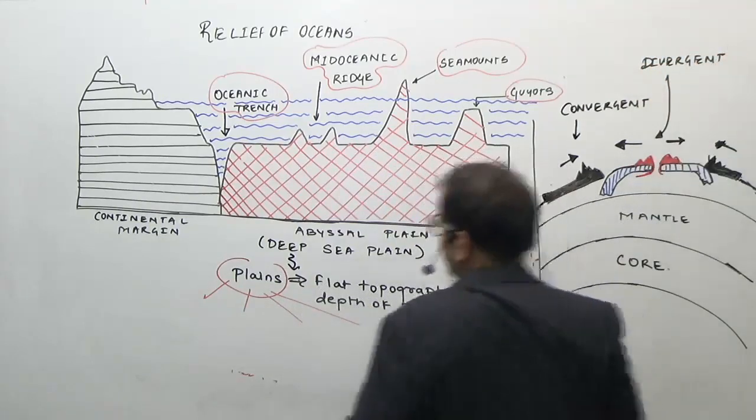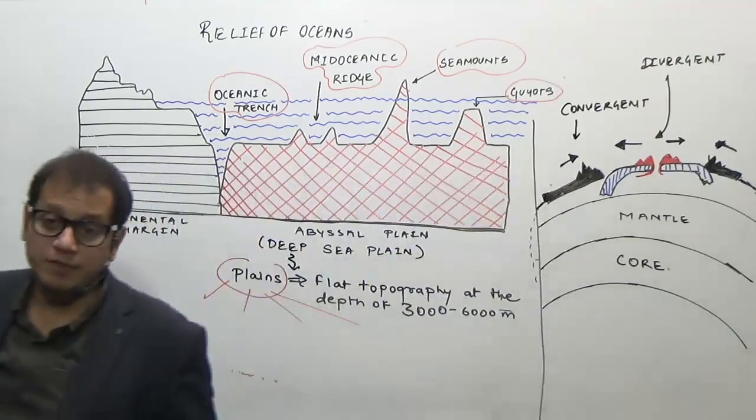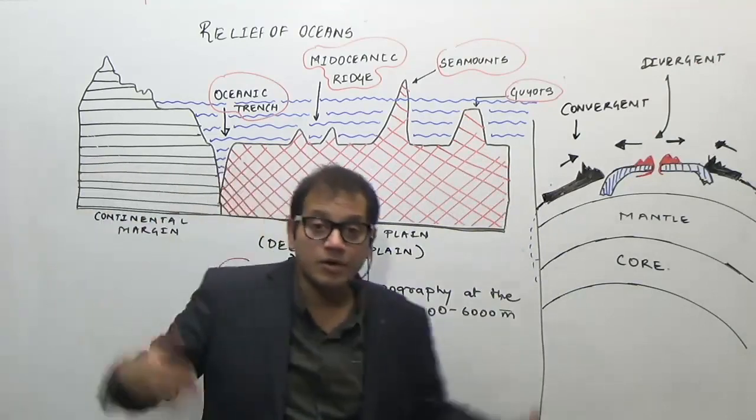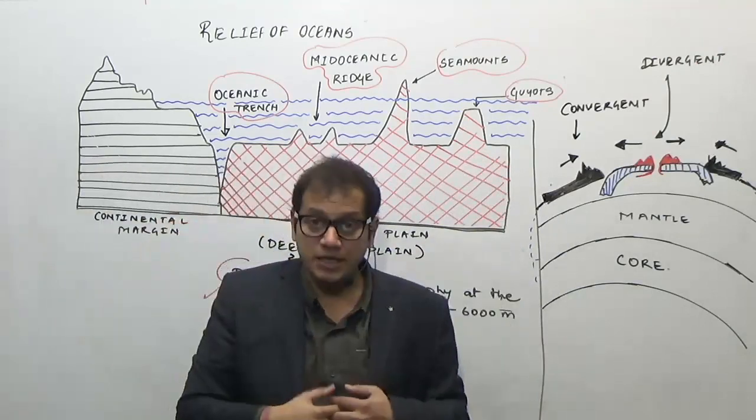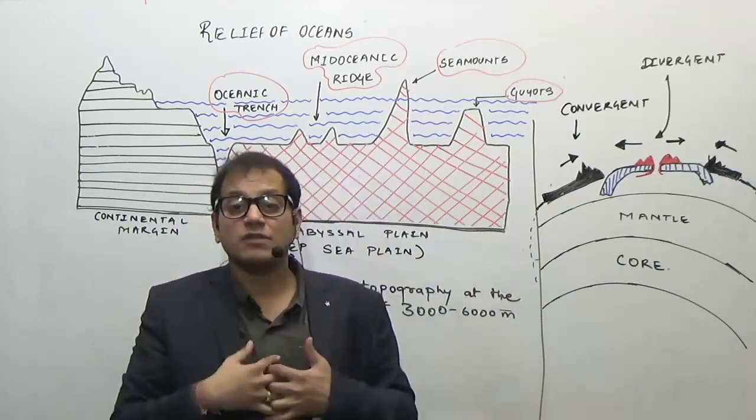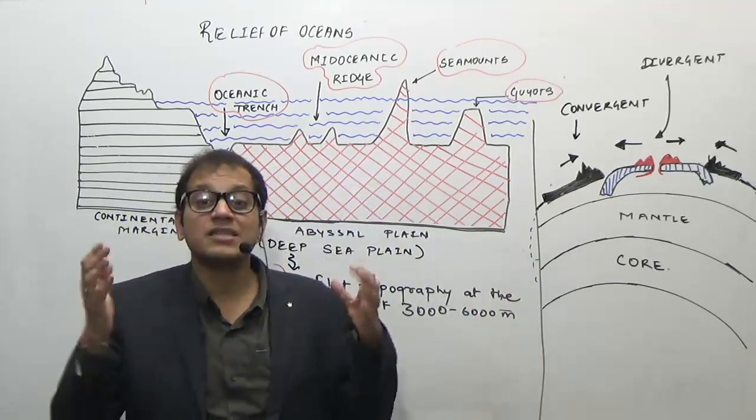This is a divergent boundary, when the plates are going away from each other. What happens in the convergent boundary? In the convergent boundary, the two plates come near each other. Because they come near each other, there is a collision of the plates, and as a result, the sediments on